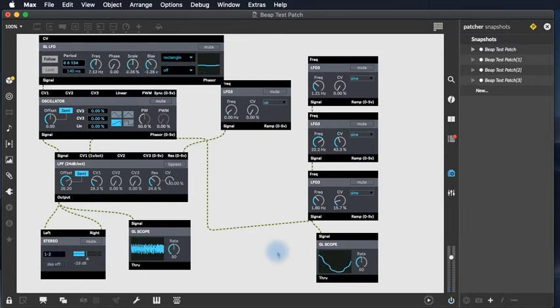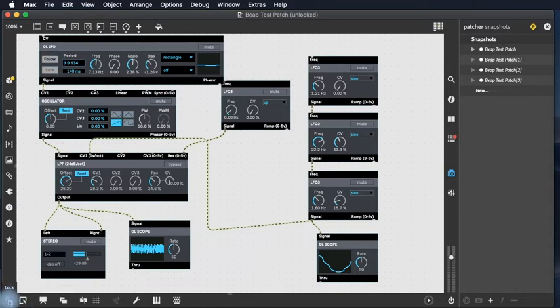Very similar to VCV. We're not going to be using this beep capacity, but it's there for you if you want it, and you can integrate it into your creative work, certainly, if you want to. So we're just going to retain one object from this, which is the audio output. And the rest of this we're actually going to delete. So I'm going to save this patch, and then I'm going to